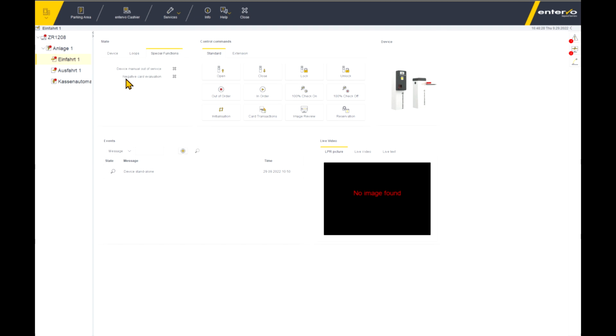Special functions are indicated here, so device manual out of service, so that would be a checkbox if somebody has taken the device out of order, or card negative evaluation. That is something very specific, but it's worth to be notified. So card negative evaluation would allow